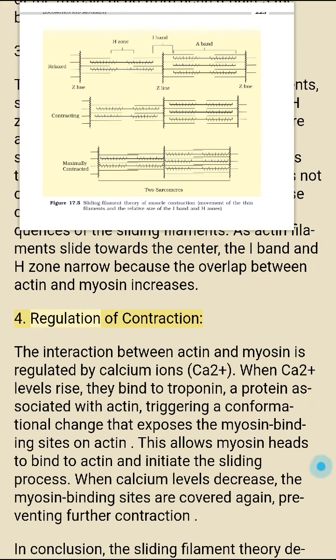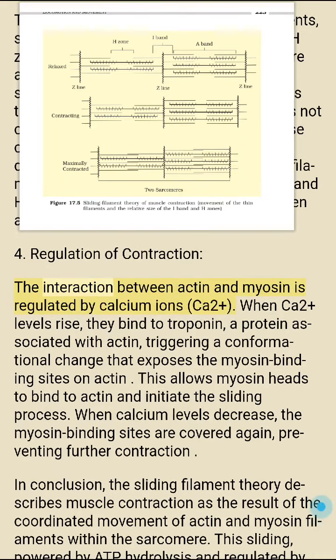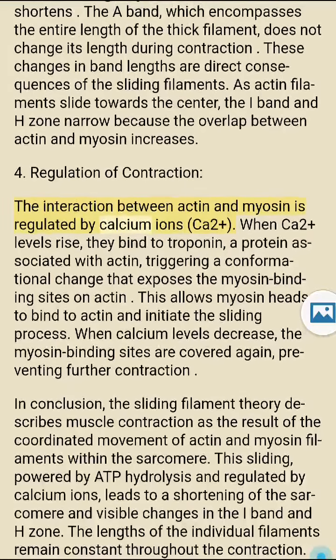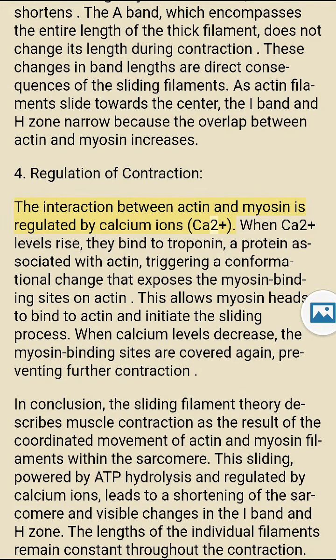4. Regulation of contraction. The interaction between actin and myosin is regulated by calcium ions, Ca2+. When Ca2+ levels rise, they bind to troponin, a protein associated with actin, triggering a conformational change that exposes the myosin binding sites on actin. This allows myosin heads to bind to actin and initiate the sliding process. When calcium levels decrease,